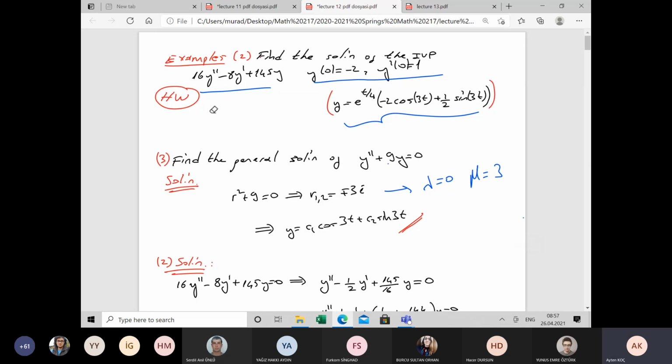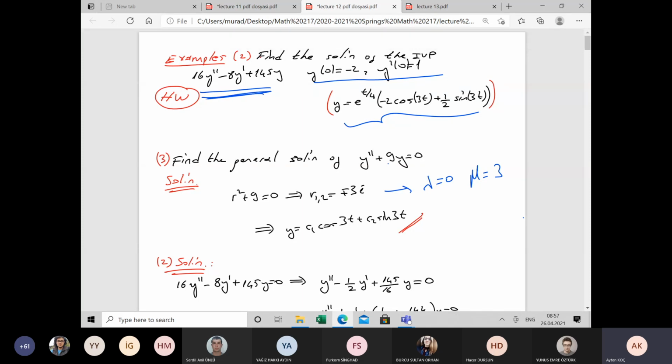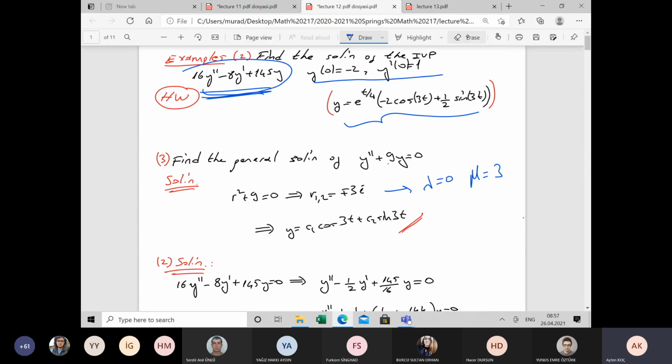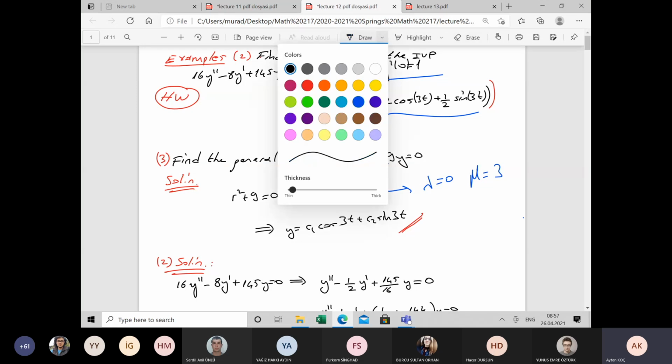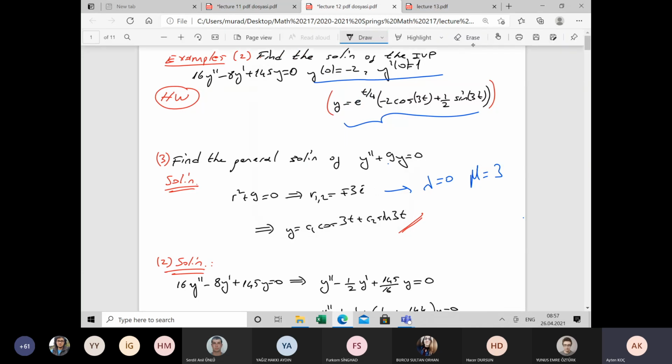Let's solve the first one, the homework. Let's consider the homework question. How to solve this initial value problem? This one is okay, but sorry, there's a typo, of course. Here, this one should be 0. So,